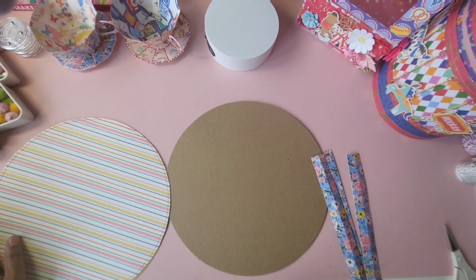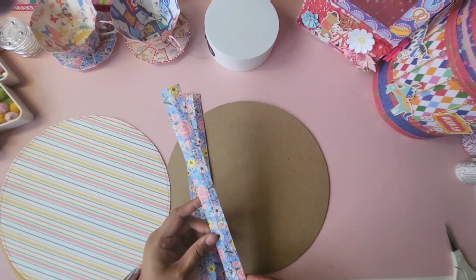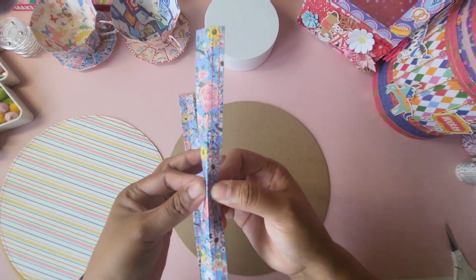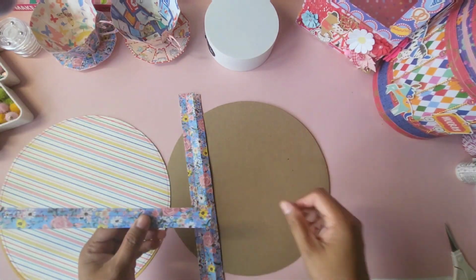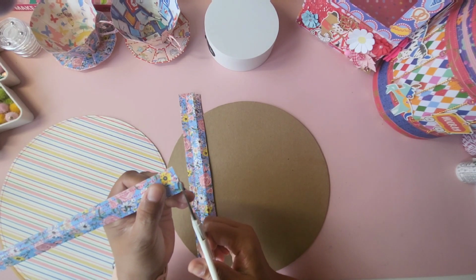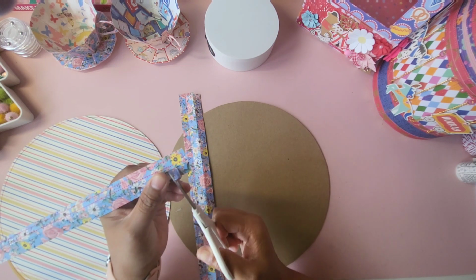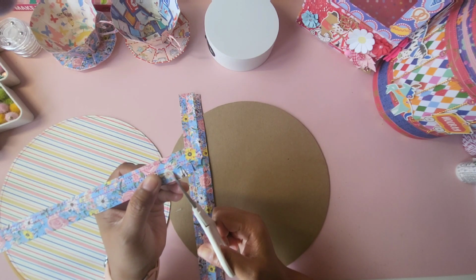Next thing you will need will be a few strips of paper, and this is 1 by 12 inches. This is going to be for the side. I ended up using 3 but had to cut off a part of the third one because it was already overlapping. And then if you do sewing, you will only need to sew that upper part,